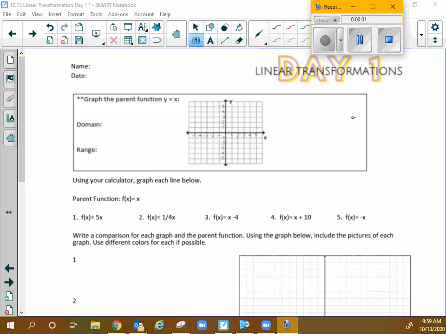Talking about a linear function. We're talking about a line. There's all kinds of different functions. There's a linear function, there's an exponential function, there's a quadratic function, there's a quartic function, a cubic function. Okay? All of these functions have what we call the parent function. It's basically the baseline. So this is your baseline